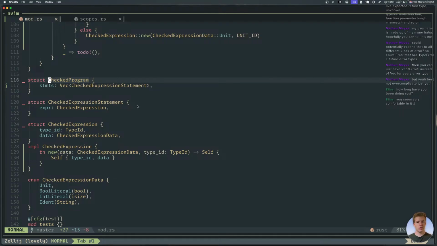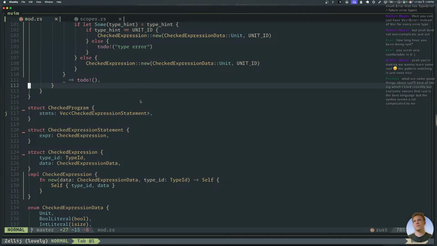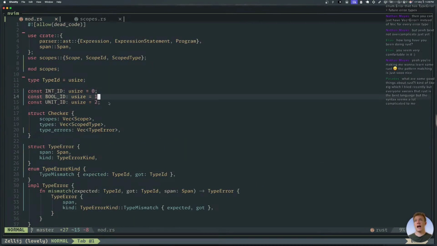Making me want to learn some Rust. The pattern matching is just so nice. The pattern matching is amazing. Yep. Some good things about Rust. I kind of like Zig, which I tried recently, but everyone swears that Rust is the best language, but the syntax seems a lot complicated to me. What are some good things about Rust? I would like things that I really like, which maybe aren't the same that everybody likes.